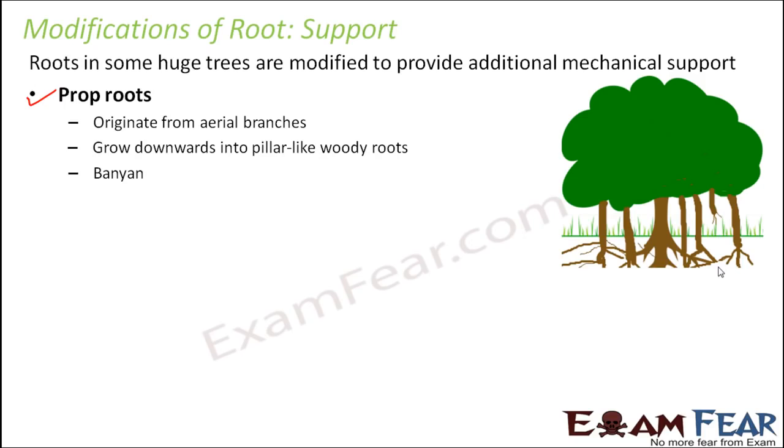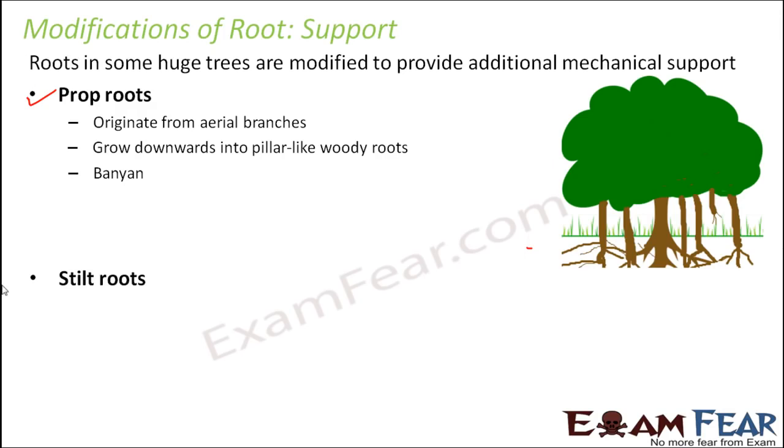So these kind of roots are known as hanging roots. They are also called prop roots. So prop roots is the name given to these kind of roots. So basically such roots start as tiny outgrowth on the branches. Gradually they grow downwards and later it becomes large and woody. So even here if you see, these roots actually become woody and large. So as a result, the banyan tree extends over a large area because the roots are not only at the center, the roots are everywhere and they will again have their branches. So it will actually spread over a very large area.